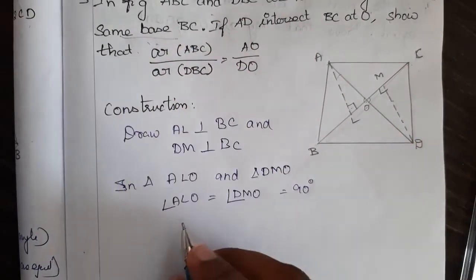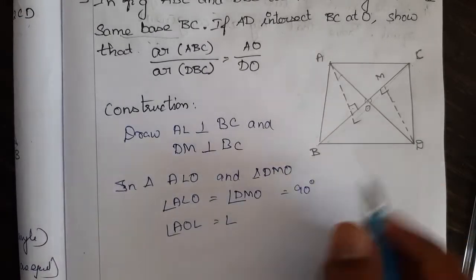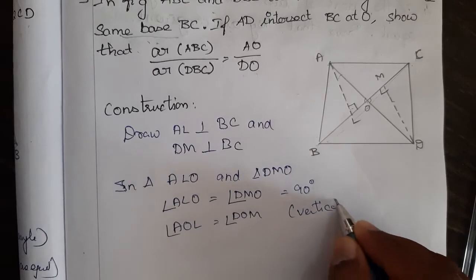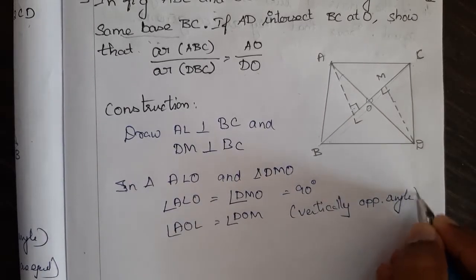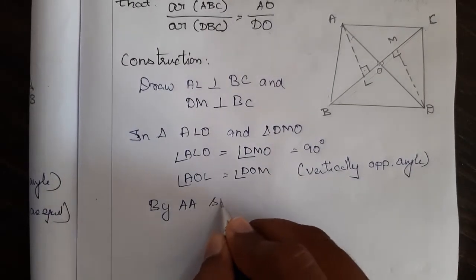And next, angle AOL is equal to angle DOM, since they are vertically opposite angles, right? By AA similarity criterion,